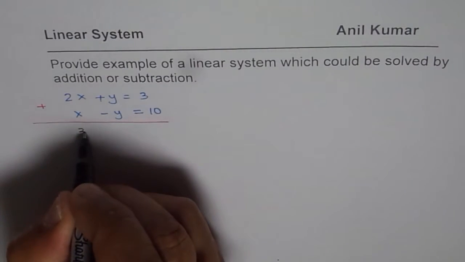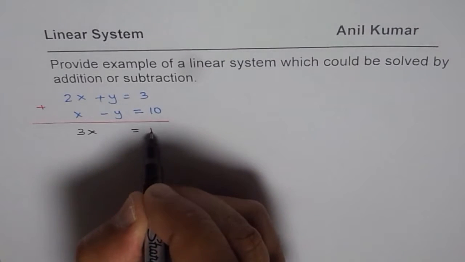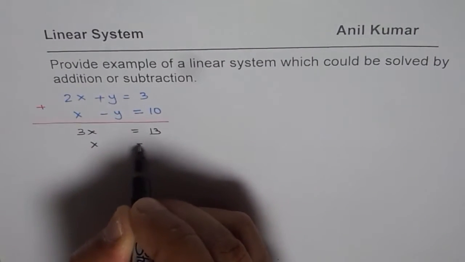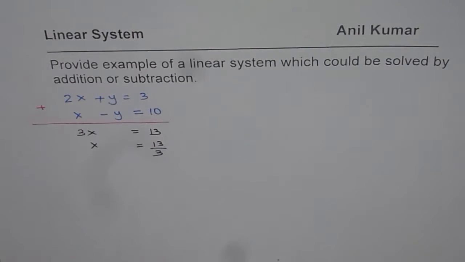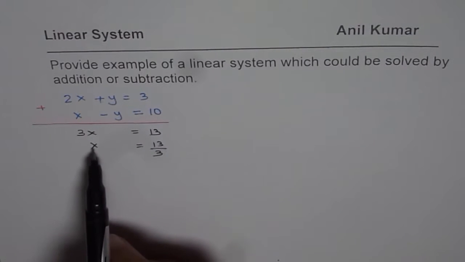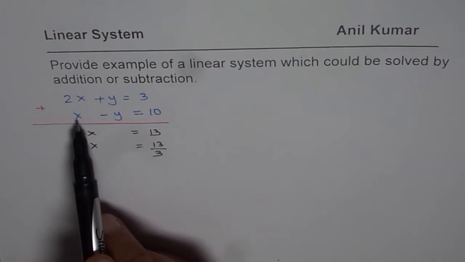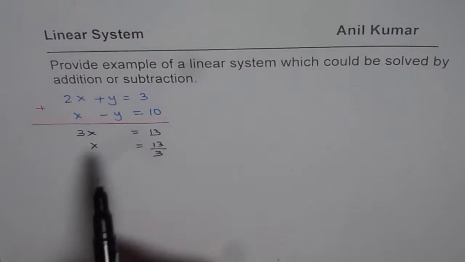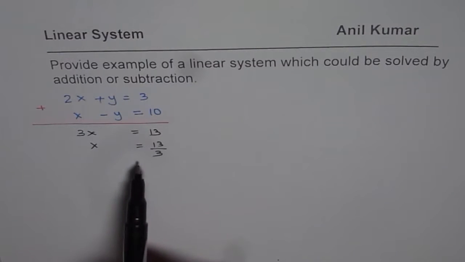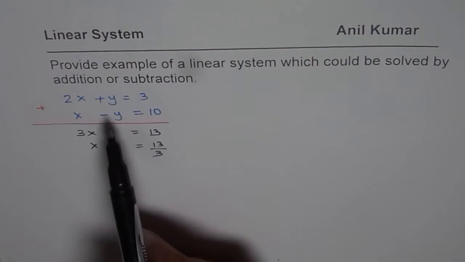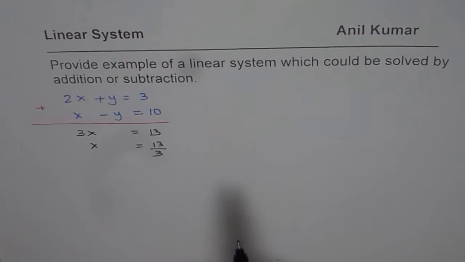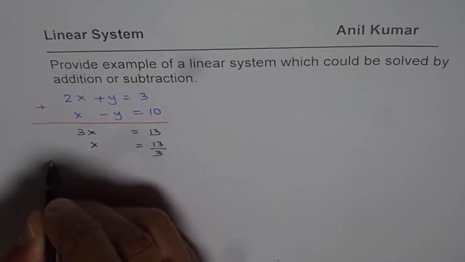So we get 3x equals 13, or x equals 13 over 3. So that is how we can find the value of x. Once we find the value of x, we can substitute that and find y also, right? So finding one variable by eliminating a variable just by addition or subtraction is called the elimination method. So the method we used here is called elimination,